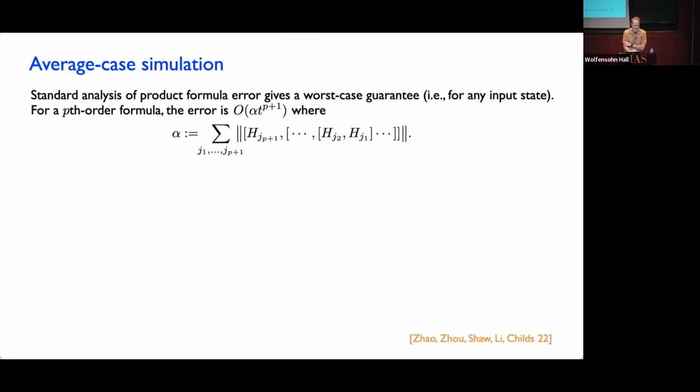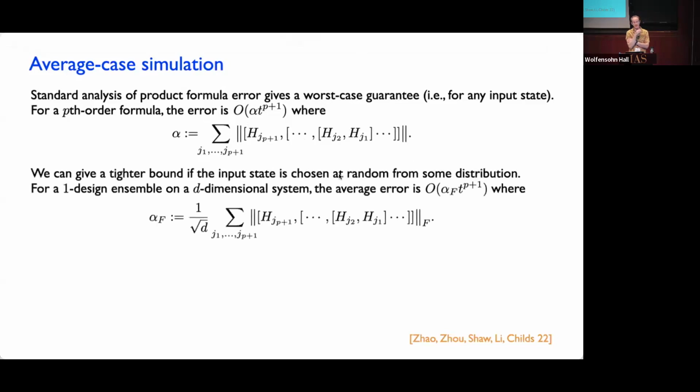Hamiltonian. But now, what if we think about a different setting where we actually choose the state at random from some distribution over states? And in particular, a natural thing to do is to choose the state according to a one design, right? So I think maybe there was some discussion about t designs earlier in the meeting. So a one design would basically be a distribution over which, if you're just given a single copy of the state, you're not able to tell the difference between it and a uniformly random state, right?